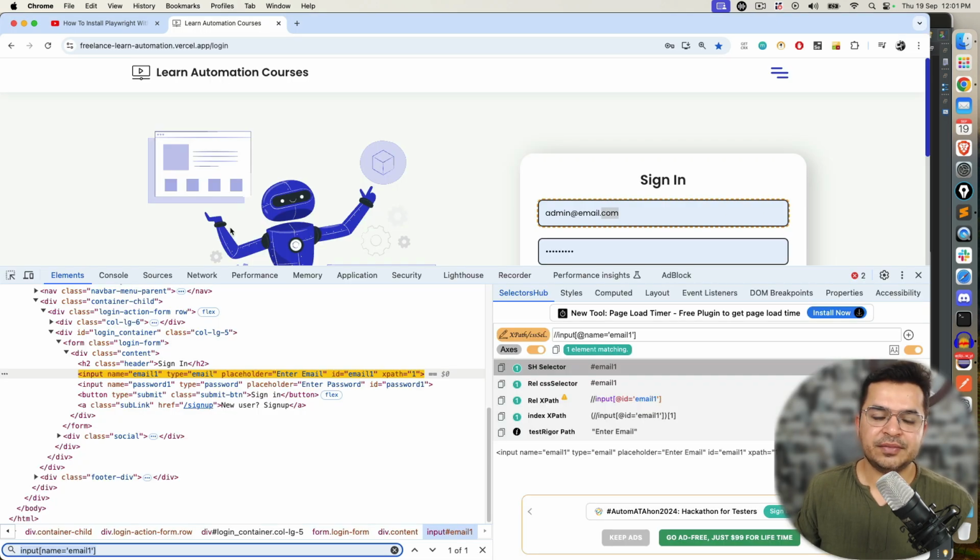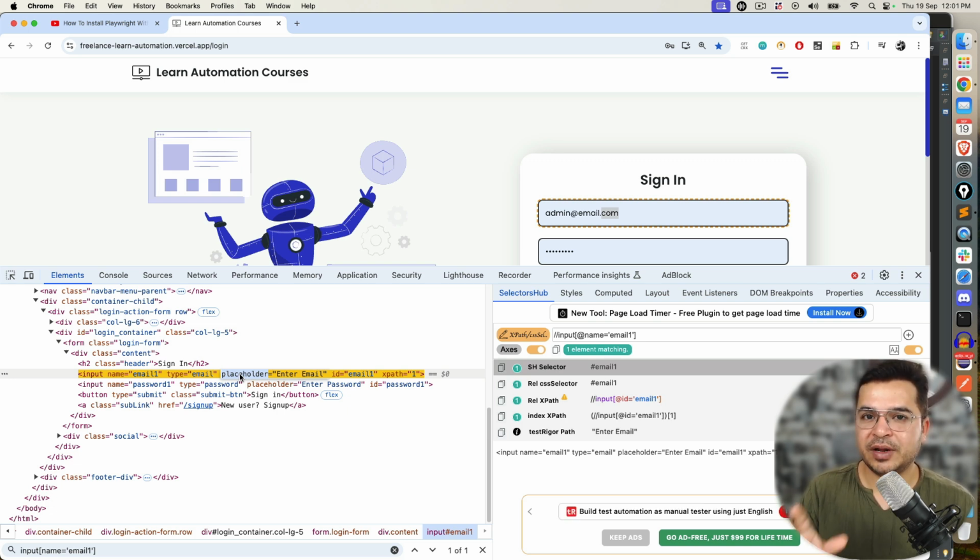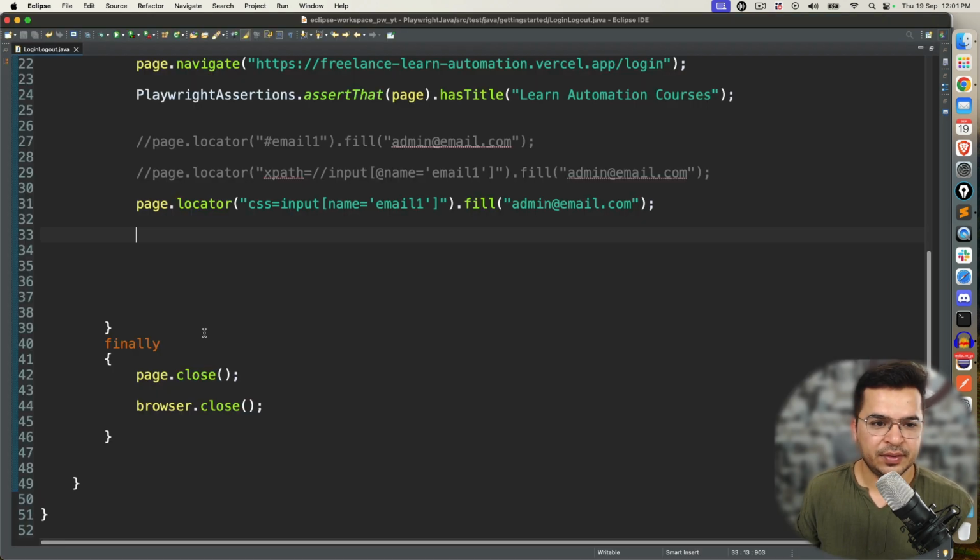Now this is something very interesting. Playwright has introduced a lot of different methods for different attributes. What I mean is, if you notice, we have a placeholder. Playwright has introduced a direct locator for placeholder. In this case, the placeholder value is enter email, right? So if I say